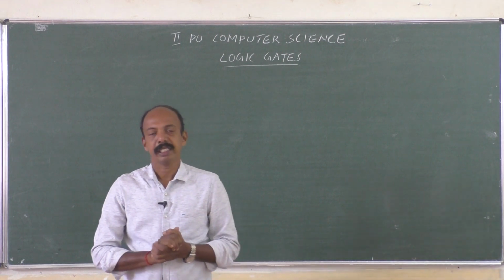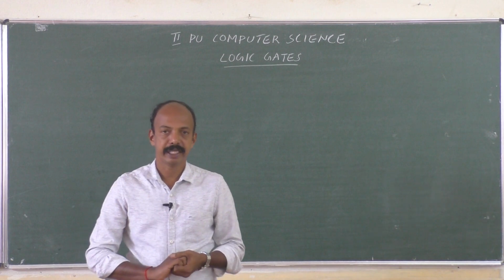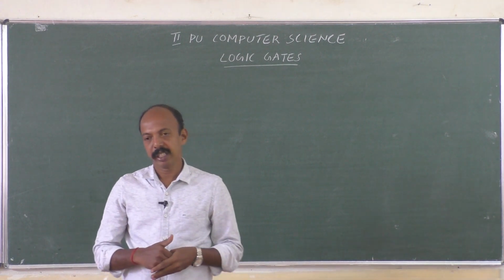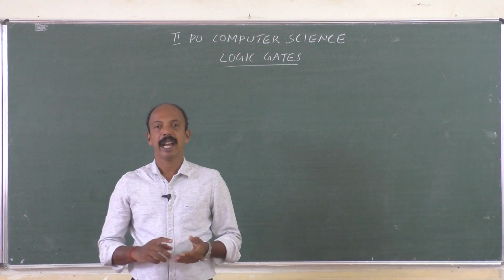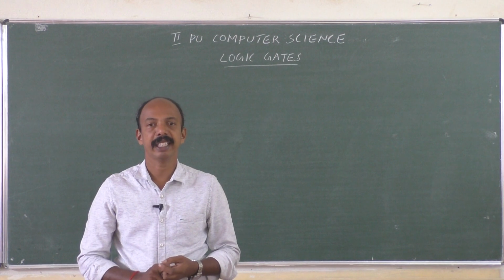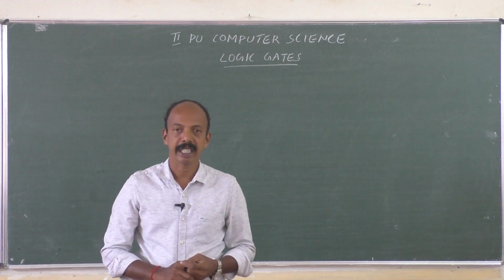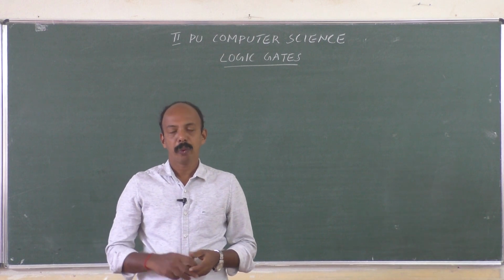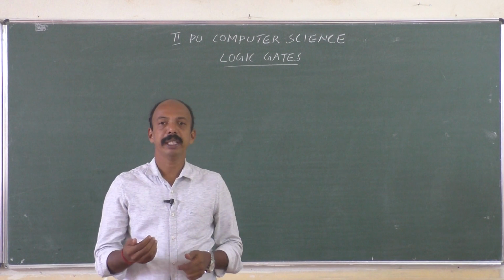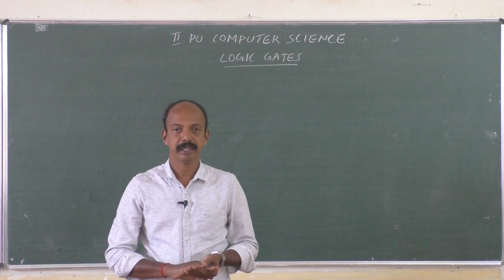In the last class, we saw what a logic gate is, which are the basic gates and which are derived gates. Let us just recall. Which are the basic gates? AND, OR and NOT. These are the basic gates, and derived gates are NAND, NOR, XOR and XNOR. So what is a derived gate? If the gate we construct is based on the basic gates, it's called a derived gate, right?